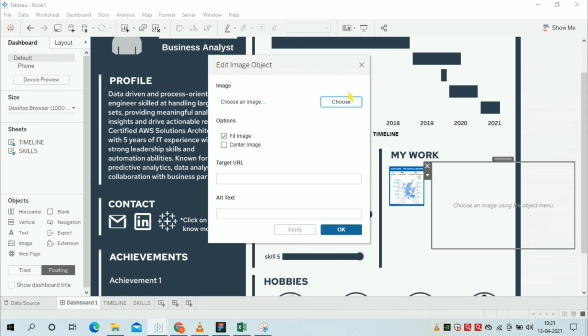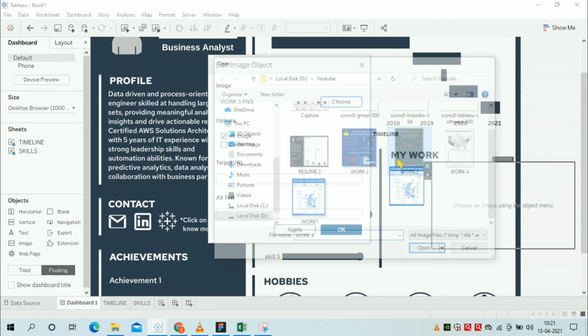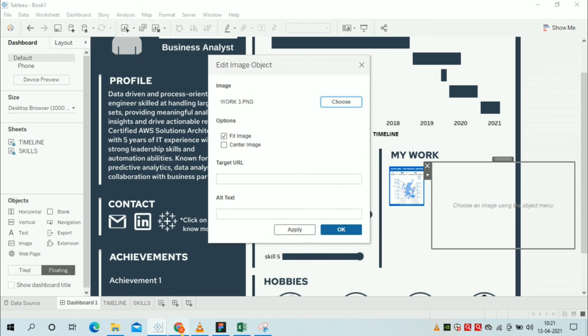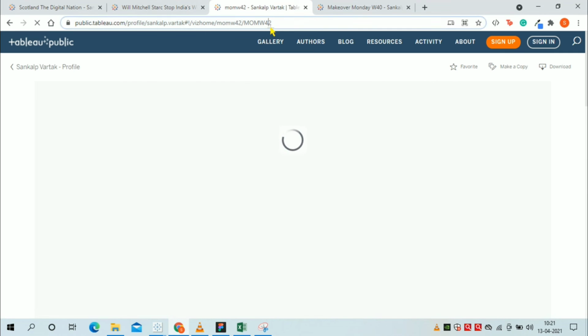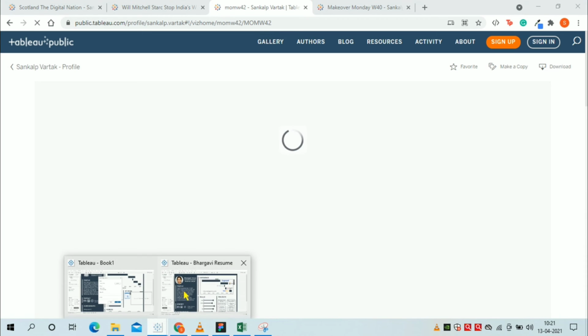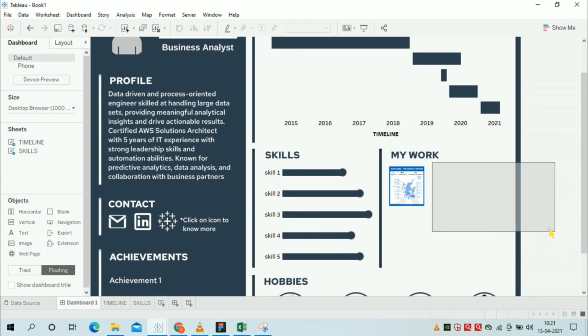I'll show another example of the same thing. Just copy the URL and paste it in the target URL section. So in this way you can add your dashboards in the My Work section. Here you can add as many dashboards as you want.